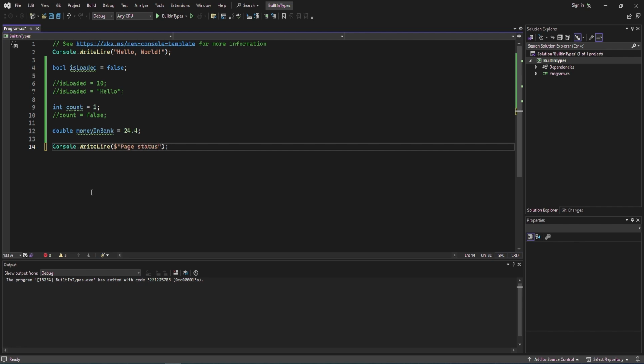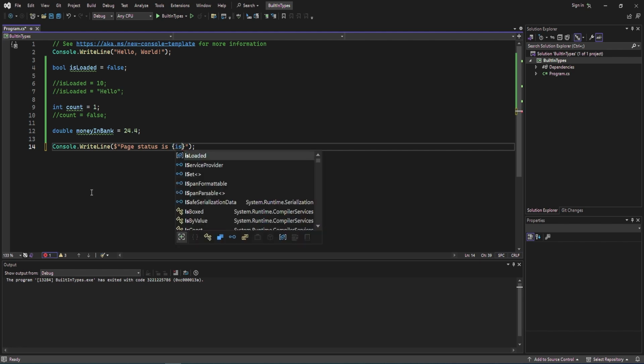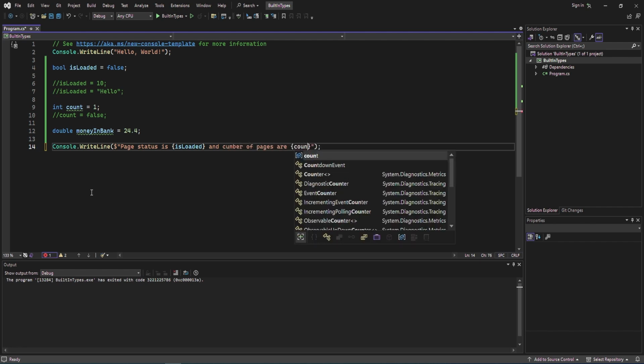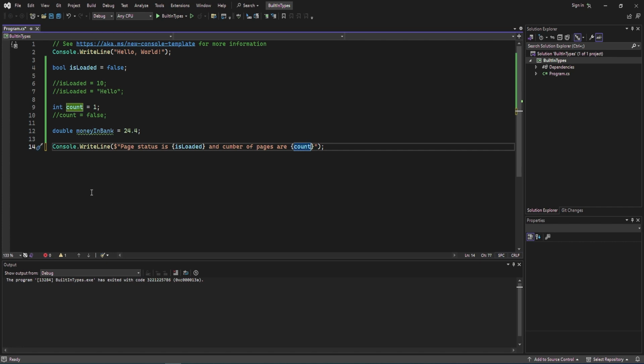Page status is loaded and number of pages are, we place that count variable there and they display money in bank